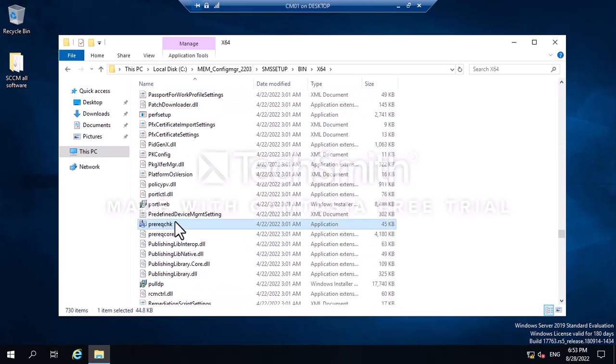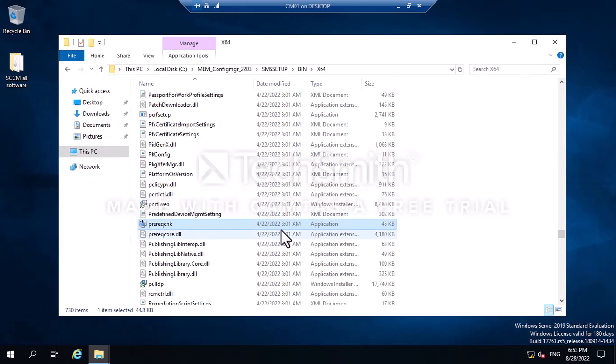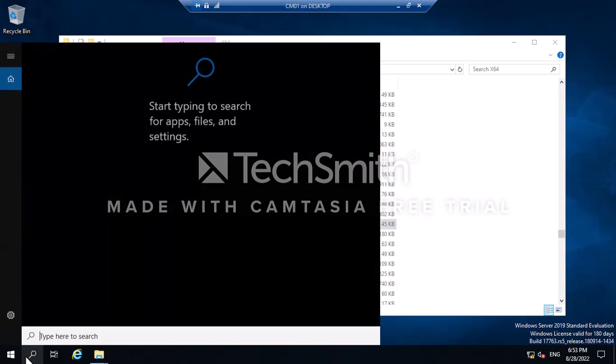With this file we can check all the required prerequisites. This is a very easy method. Before going to install the SCCM server, you can do this check; I have also shown other ways, but this is the easiest method. So just open the command prompt,